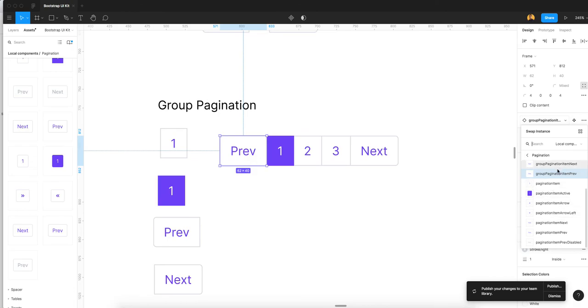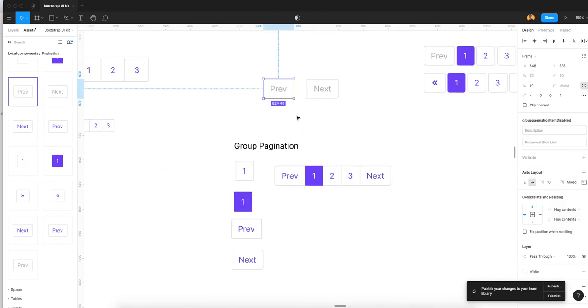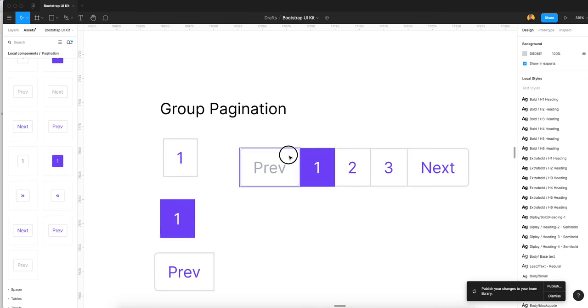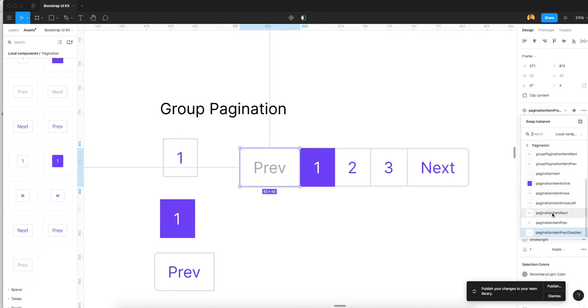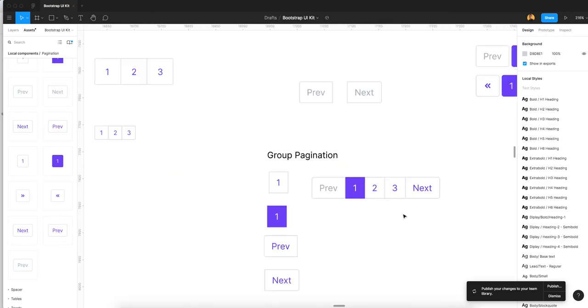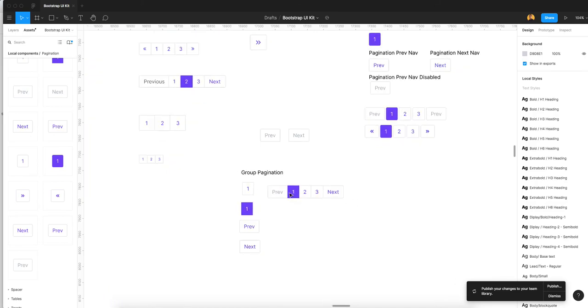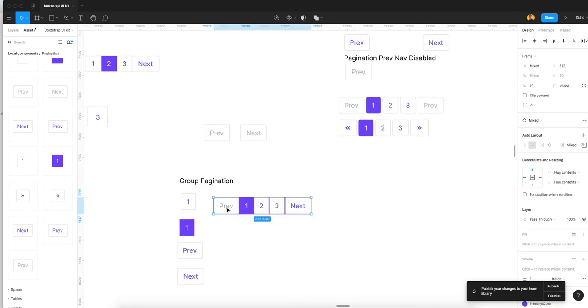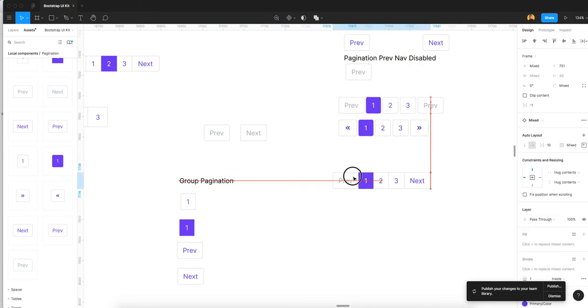group pagination. What we give the name group pagination disable. Group pagination disable. See, not this, we created group pagination disable this one. Now see, you will find the pagination disable state. Okay friends, so this we created from, if it's going undo, okay, so this we create as a each component.